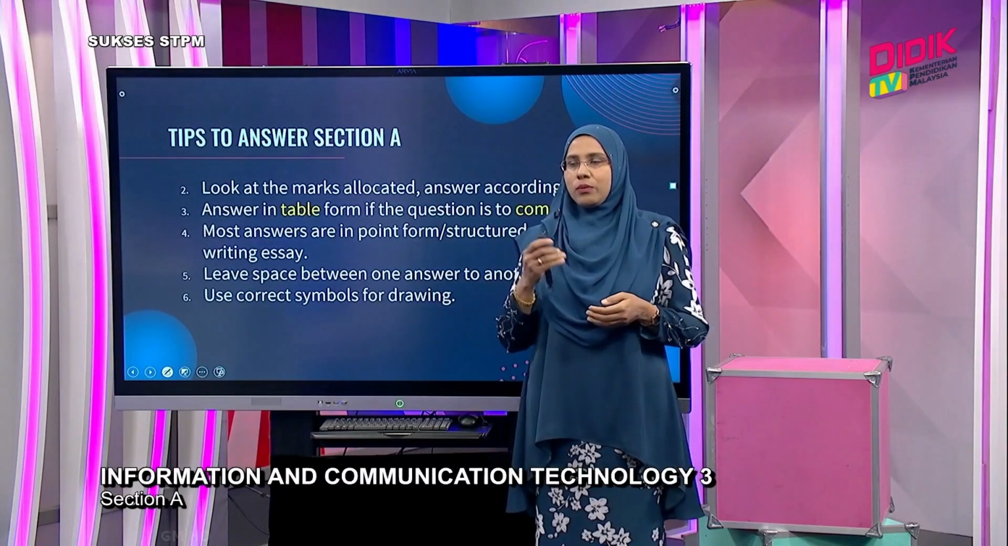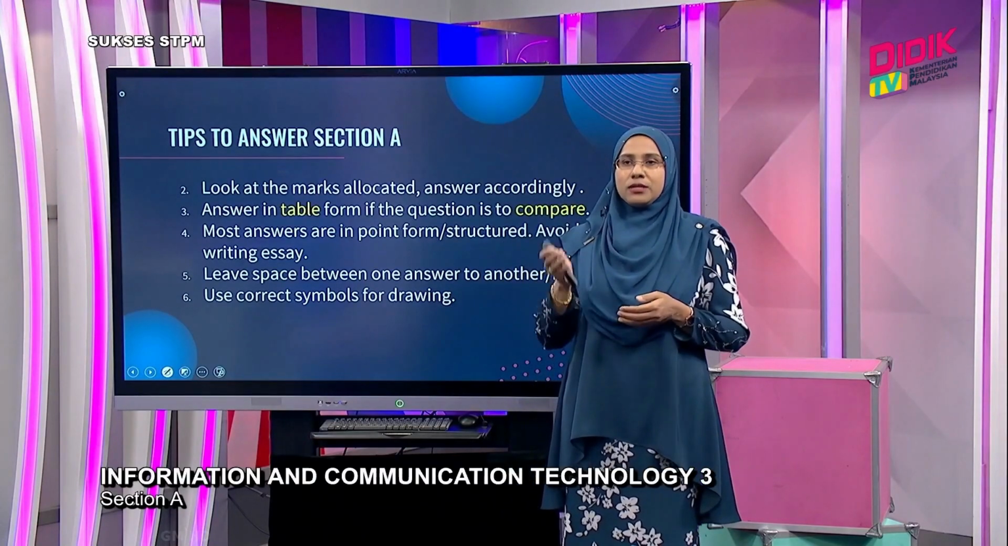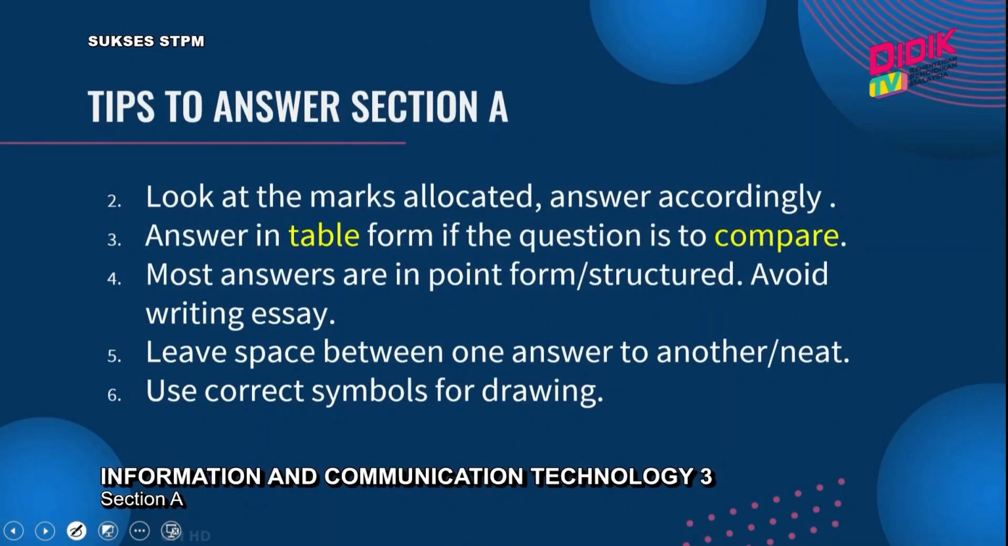And we look at the next tip. Look at the marks allocated and answer accordingly. The marks allocated will give you some guidance: how long is your answer, how elaborate do I have to be? So you look at the marks given. And if the question asks you to compare A and B, you are advised to do it in table form. Why? Because we want to make sure that your answer can be read and compared neatly and clearly